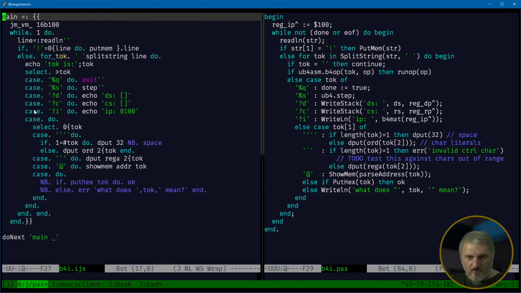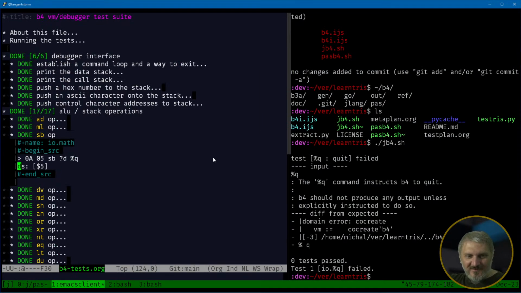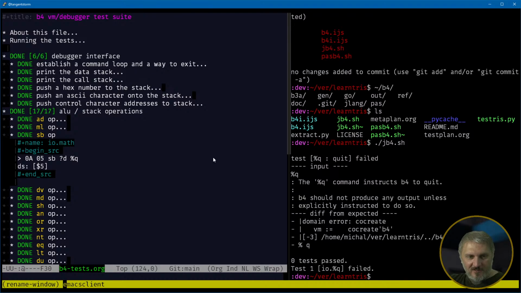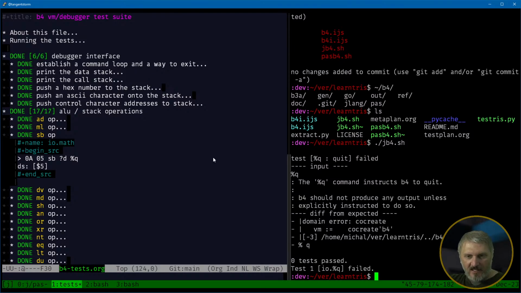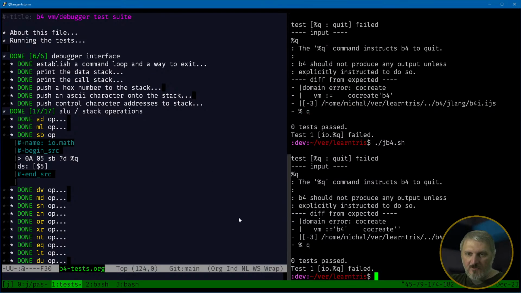Okay, so let's run the test. In my tmux here, I'm going to keep this tab open with these two so that I can pull more stuff from the Pascal version, so I don't have to think too much as I go along. Here we're going to run the test, so we're going to call this tests, and let's go ahead and run it. And I did run it, and